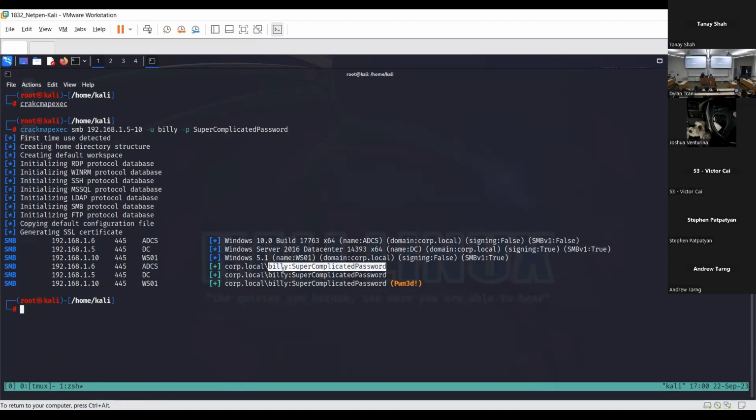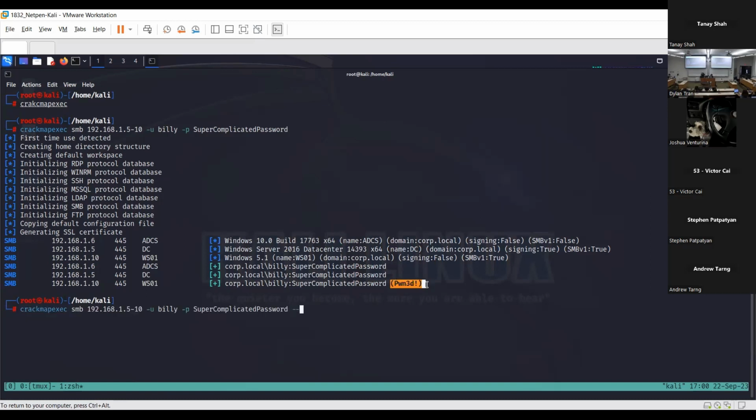If you get a green, that means authentication worked, right? Cool. If you get a pwn, that means that the credentials you supplied have administrative access to that machine. With administrative access, you could do a lot of things, including SAM and LSA dumping. SAM and LSA, they're stored in something called the Windows registry. It's basically this really big configuration that's pretty protected, right? So you need administrative access to dump these two things from the registry. Because it says pwned and we have administrative access, that indicates to us that we have the privileges to perform